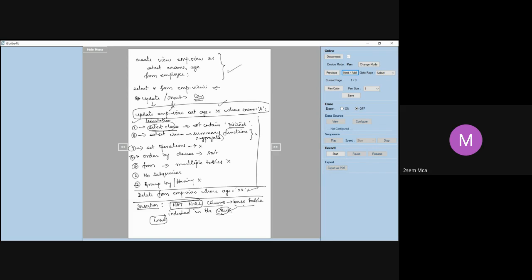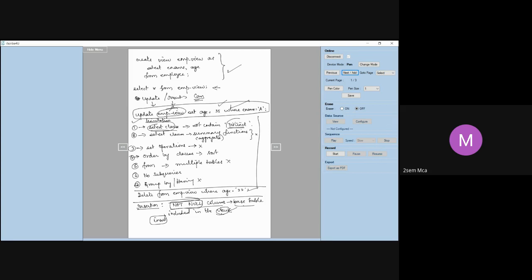Okay, so now we have seen you do some kind of updation like this, a simple updation: update EMP view set age is equal to 35 where ename is equal to e. This is a very simple kind of updation or manipulation that we are doing on the view. Remember, we are doing it on the view. It is possible, but there are certain conditions that you have to follow when you are trying to do an updation. What are the conditions?